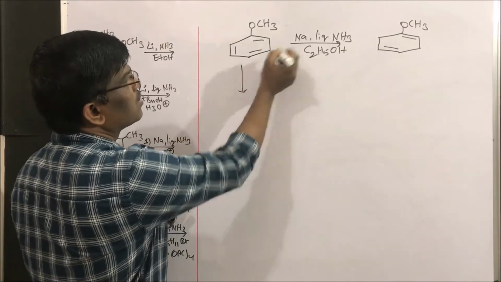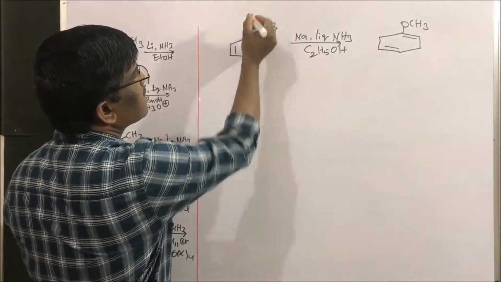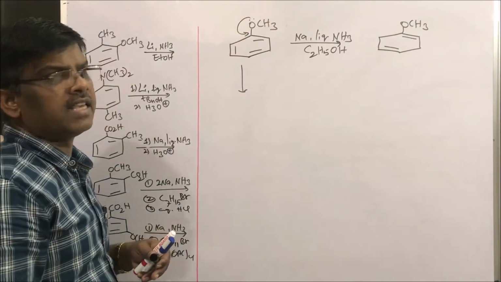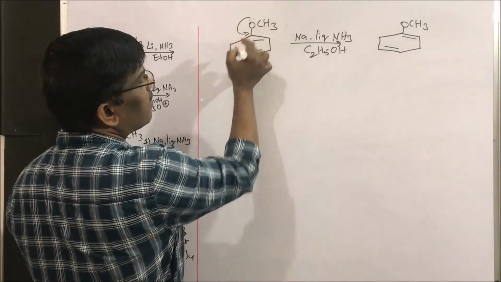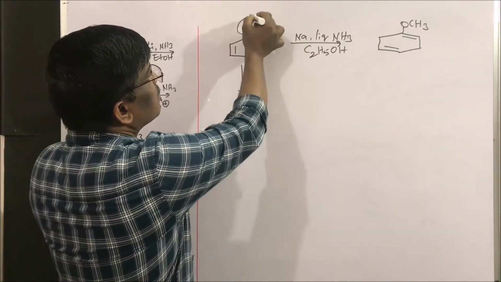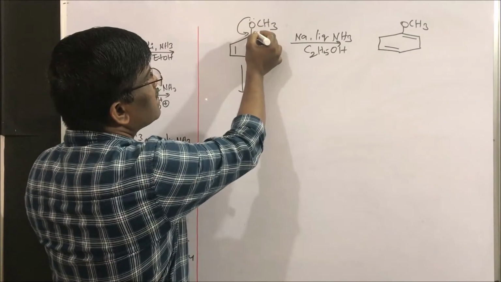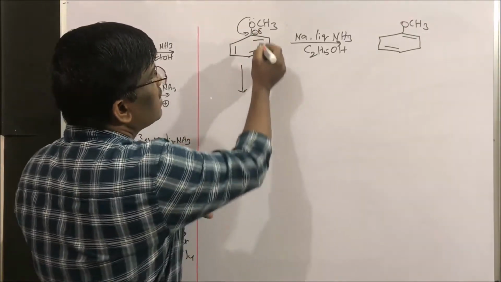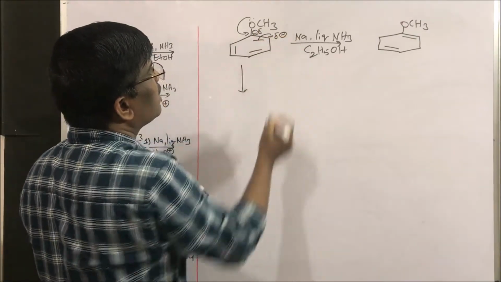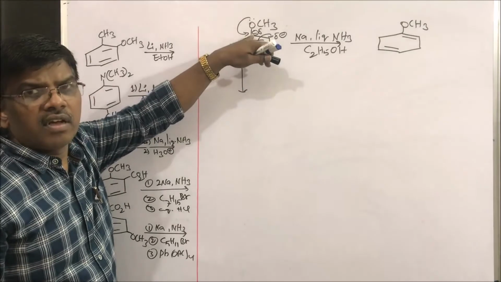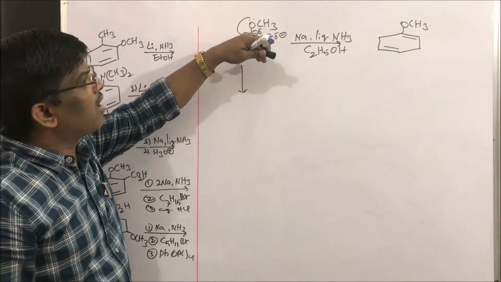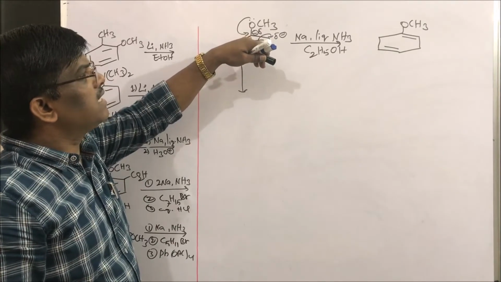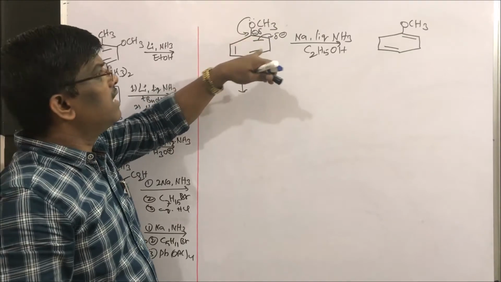It is very simple. So what is happening? Since it is an electron excess group or electron donating group, this polarization takes place. So what is the charge here? The electrons are rich here. That means here it already attains, for example, delta negative, right? So here also it is delta negative. Is it rich or poor in electrons? It is already rich. This site is already an electron rich site, isn't it? Electron rich site. Then where to go?